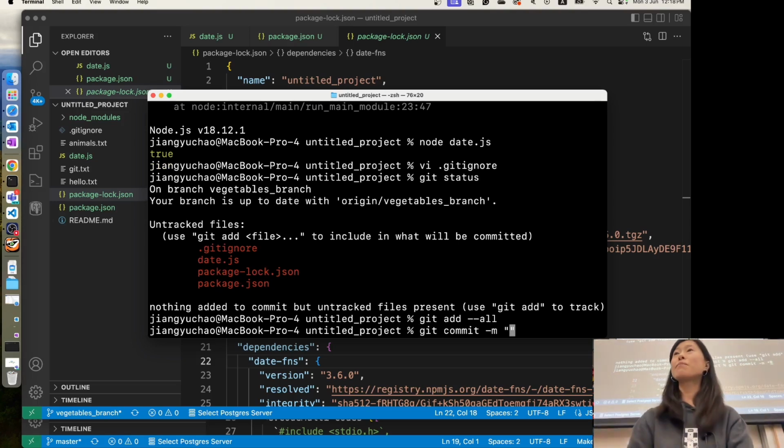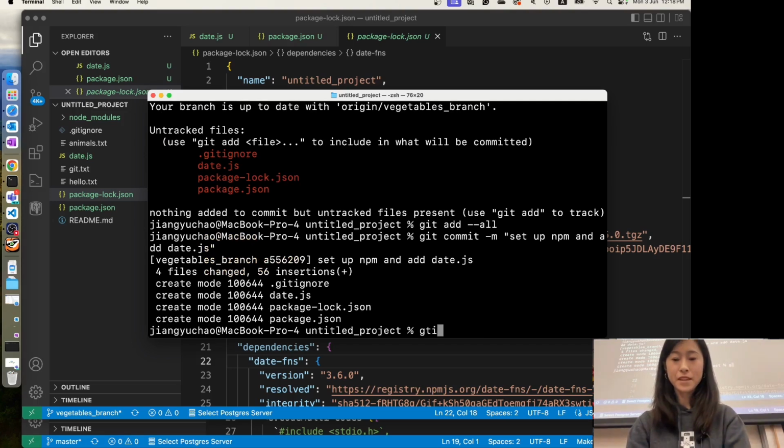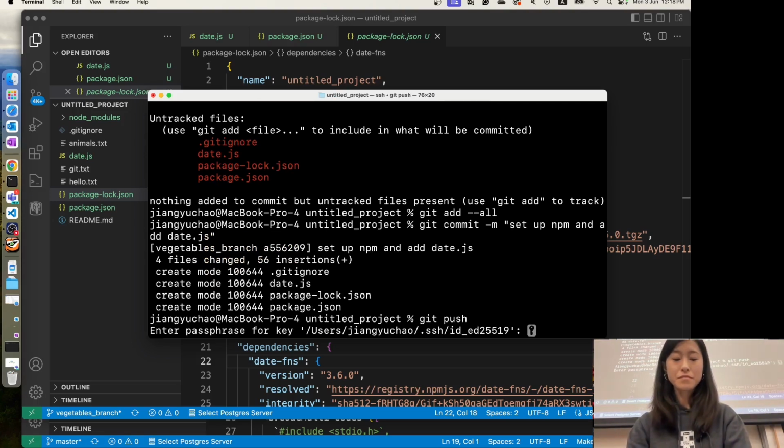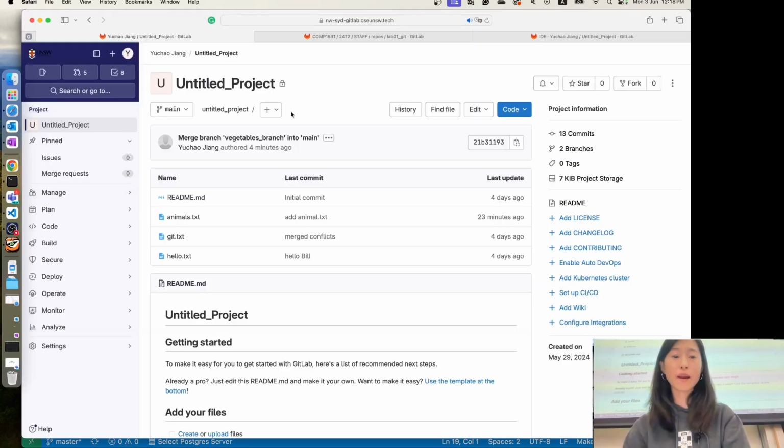Can anyone give me a commit message here? Set up npm and add date.js. And now I can git push, put in my key. And now when I check back to my untitled project remote repo here,